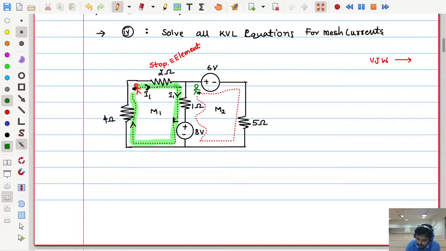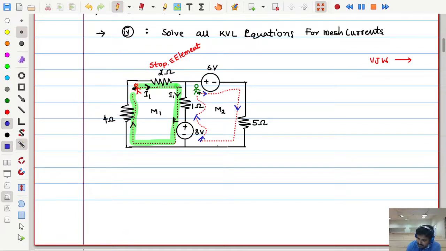Now you start your journey from here. Then as you move, immediately one stop has come. One stop is in the sense that it is an element. Once an element has come, then you indicate the current in the arrow direction, clockwise direction. Then you are moving on this dotted line, and here one more stop, meaning one more element, came. I am indicating with an arrow. And here one more element is there, indicating with an arrow. Here also one more element is there, indicating with an arrow.